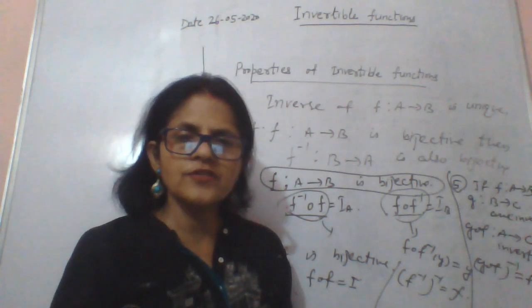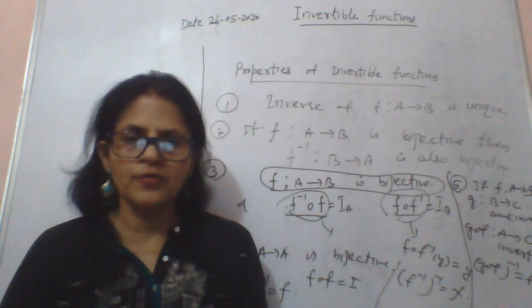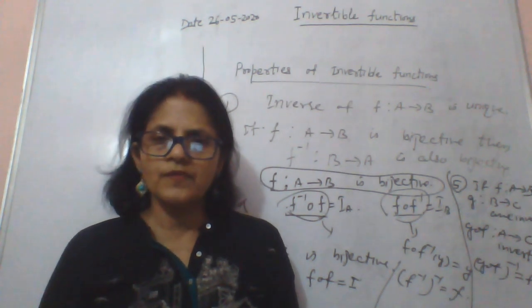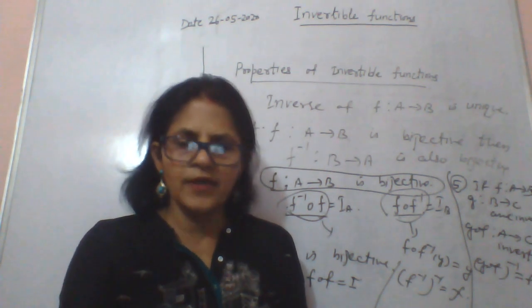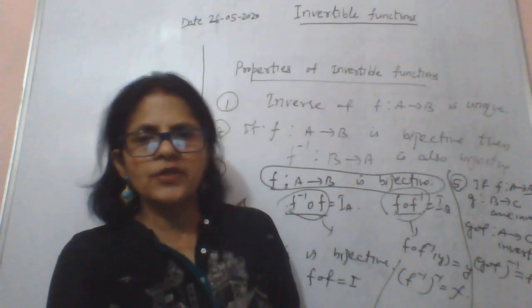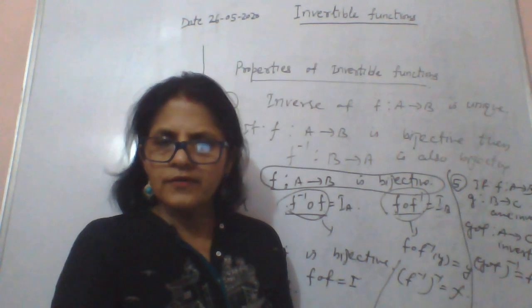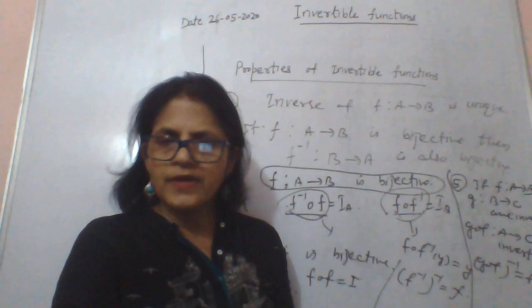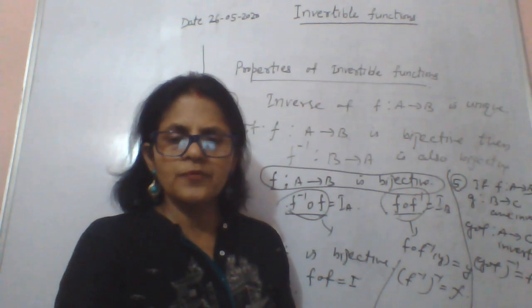So these are some of the properties we can use. Now the concept part is over, and in the next class the total focus will be on questions on how to find the inverse of a function. Whichever method you like, you can apply that. Either you apply the bijective function concept directly by showing the function is one-one and onto, or you can use composition of functions. That is totally up to you.